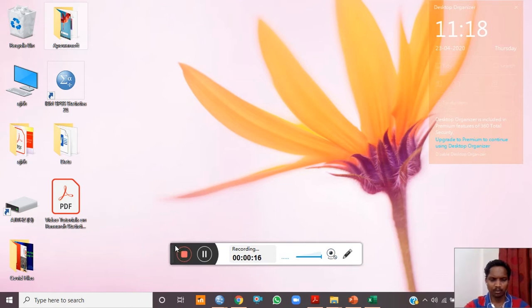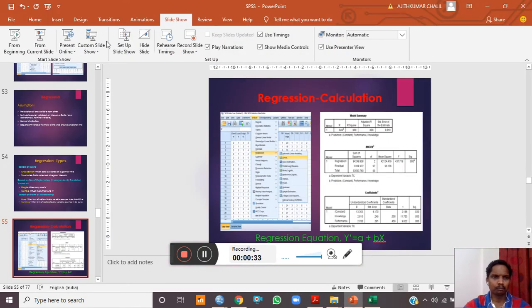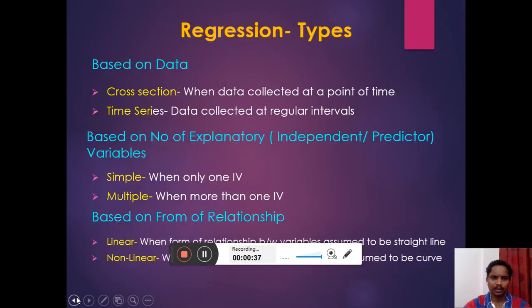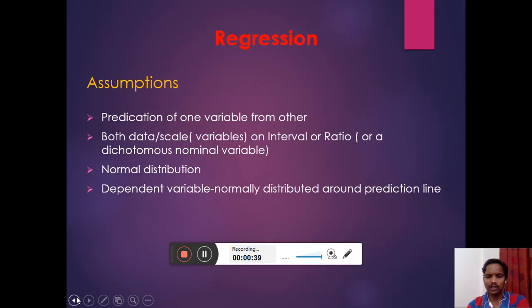Before moving ahead, let me give you a brief understanding about the concept of regression. And to have an idea, let me open my presentation first. Regression is nothing but, as you see in the slide, the prediction of one variable from another variable.